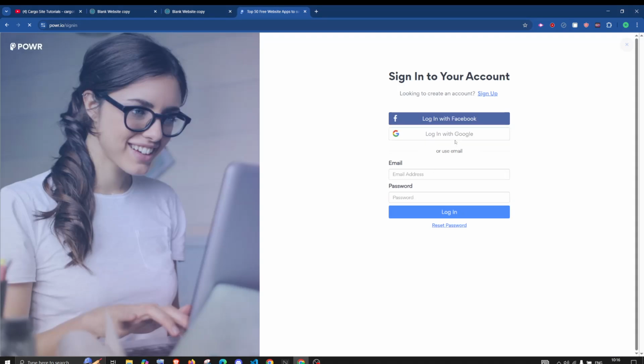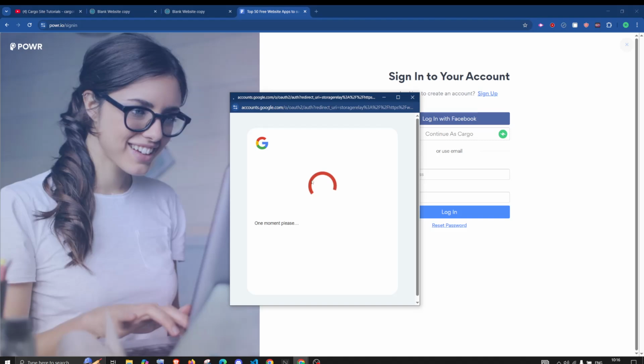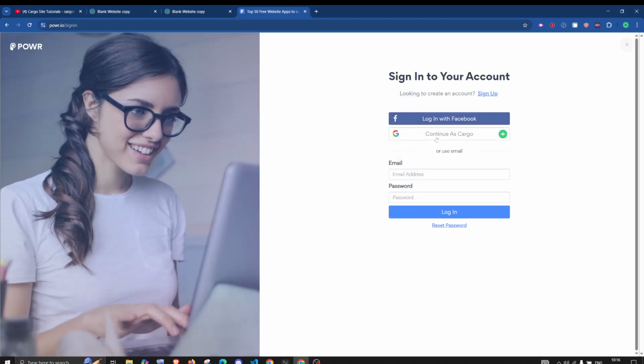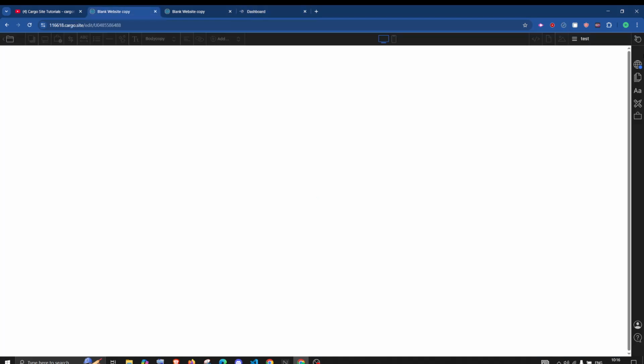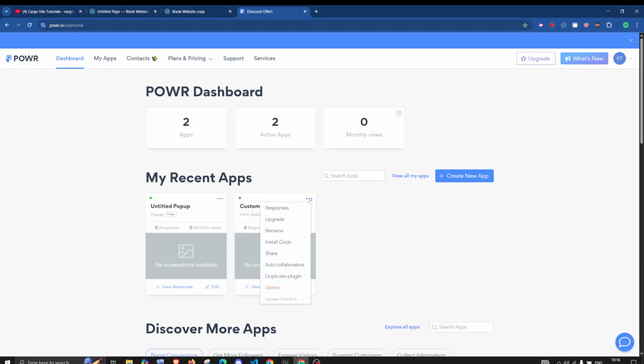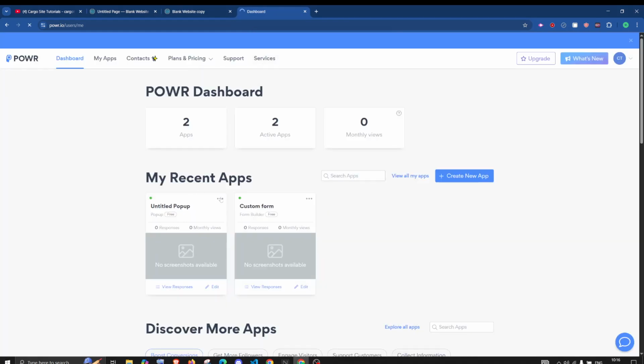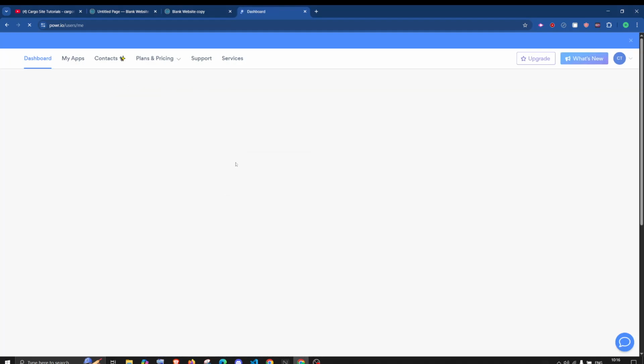Let me just log in quickly. Here I'm creating a contact page, and after that, let me just delete the apps which I have already created.